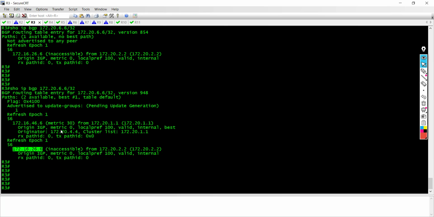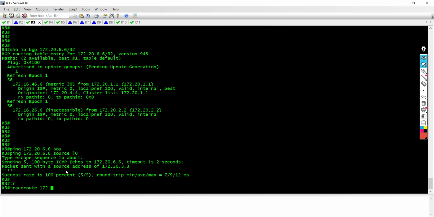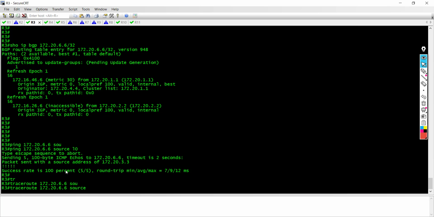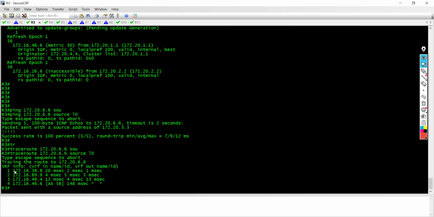If I say show IP BGP, of course we already know why router 3 cannot reach this IP. From router 3 we should be able to ping 172.20.6.6/32, sourcing from loopback 0. So we have reachability. If I do a traceroute to 172.20.6.6, sourcing it from loopback, you're going to see that as it stands now, we are going through router 8, then from router 8 it goes to router 9, then from router 9 it goes to router 4,